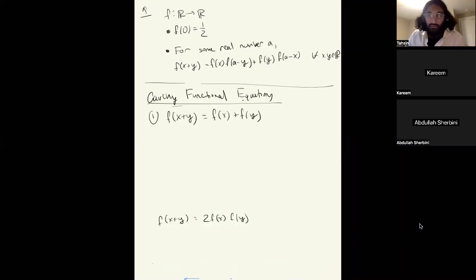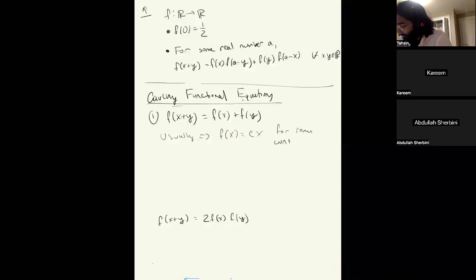Right, so usually Cauchy equation looks like this, and what it means is that usually it tells us that f of x equals cx for some constant c. And so what I mean by usually is, you need some conditions. So for example, if f is